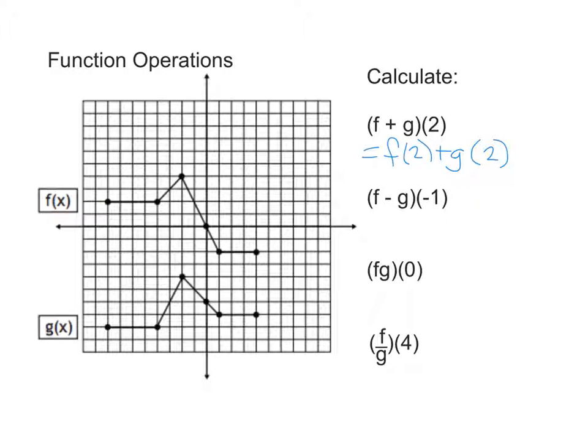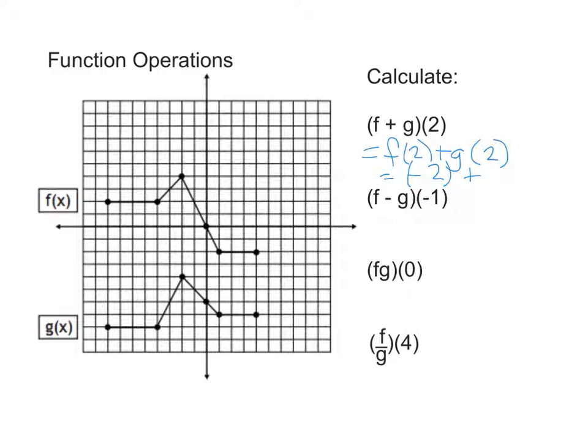So x is equal to 2 is here, and then go up or down until you get to the function right there. That's the point that we're looking for. What are the coordinates of that point? 2 and negative 2. So the function value is negative 2. It's the y value. So this equals negative 2